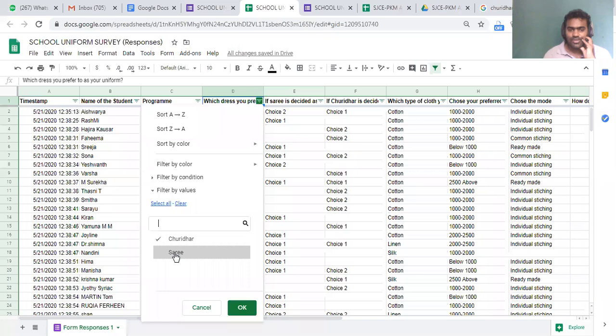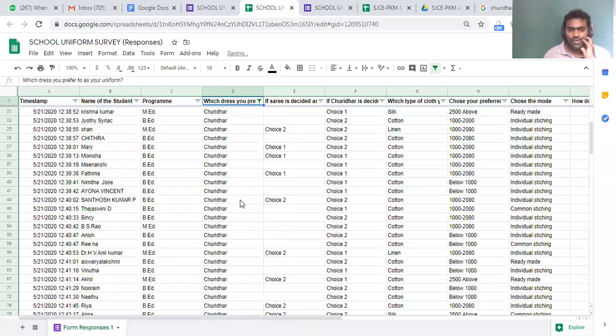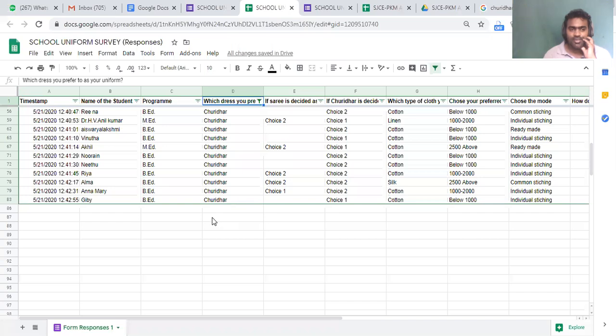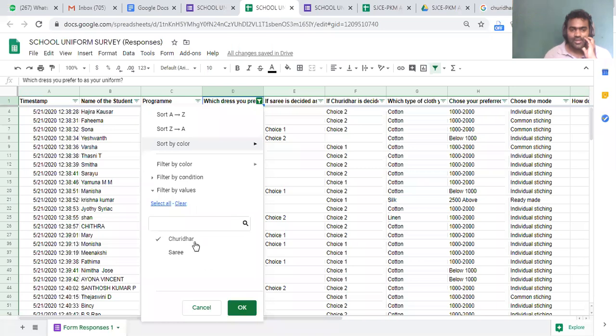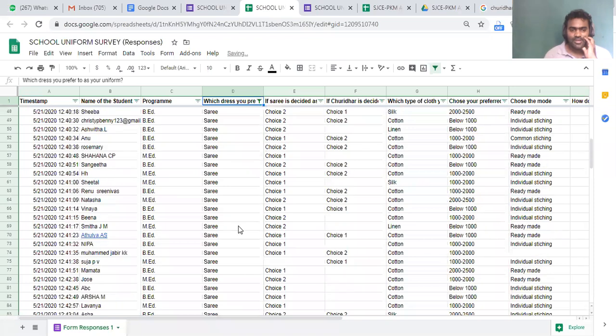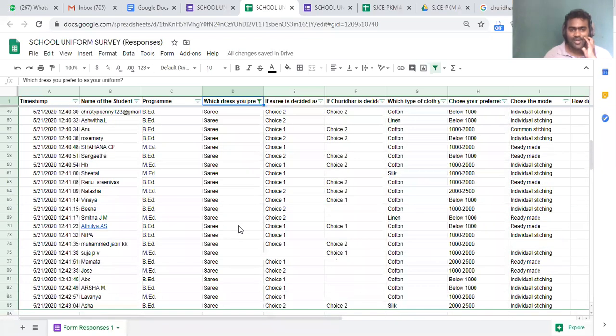Churidar I'll choose. So total 83 persons have chosen churidar. And if I choose sari, what would be the number? The number is 85. So sari is leading.